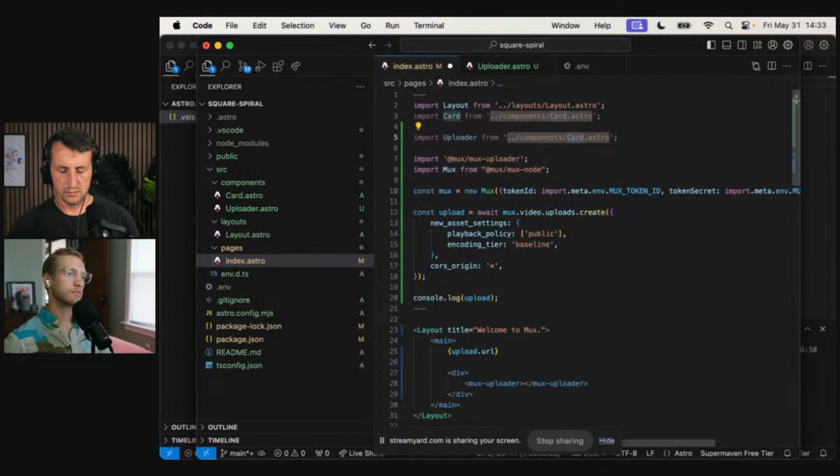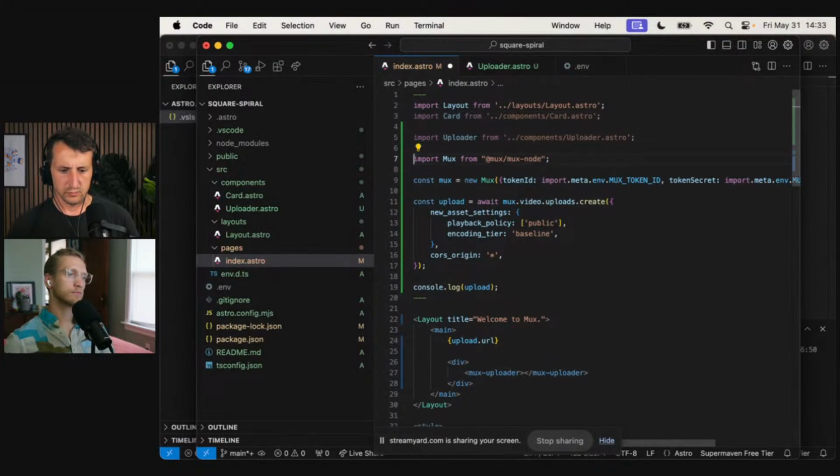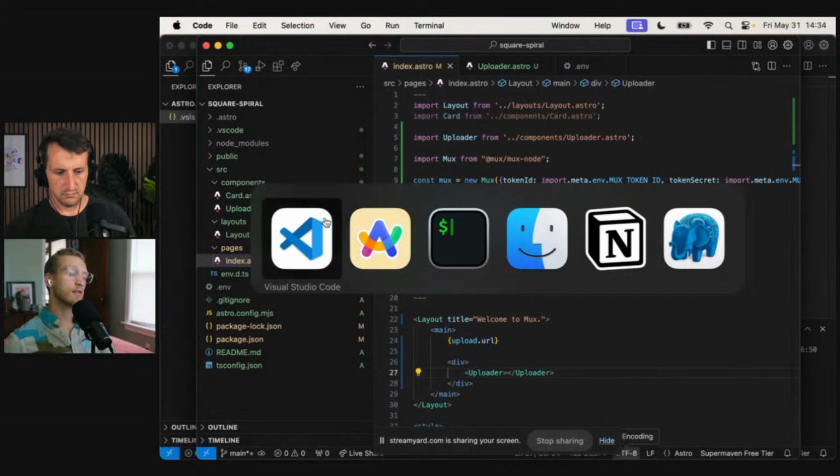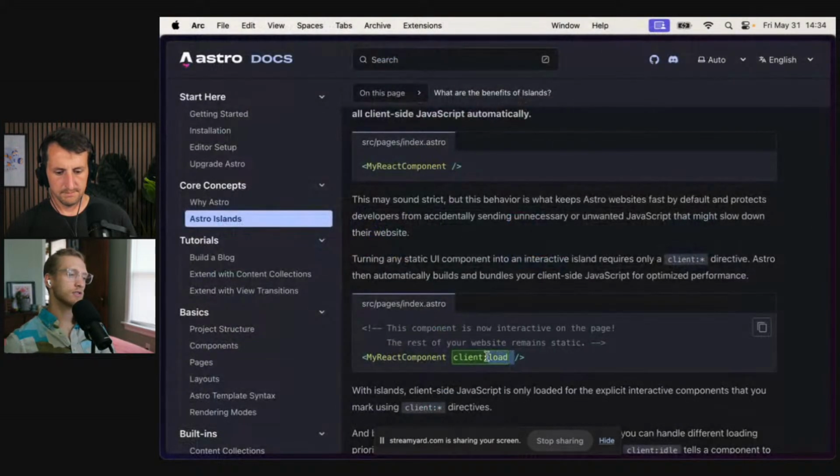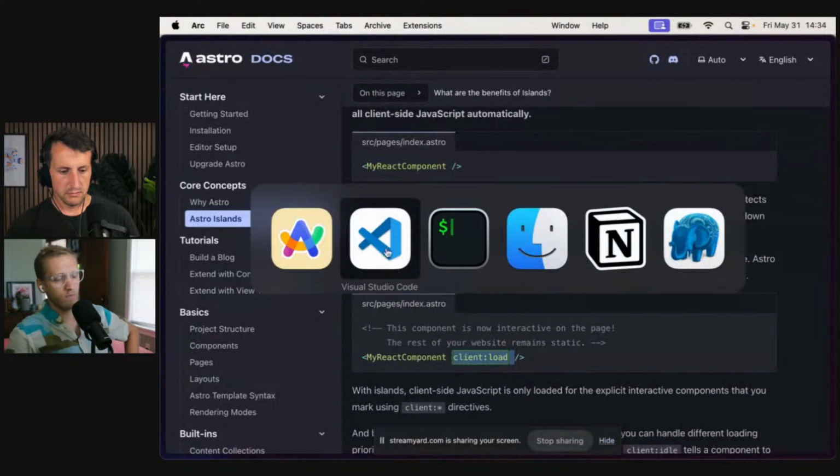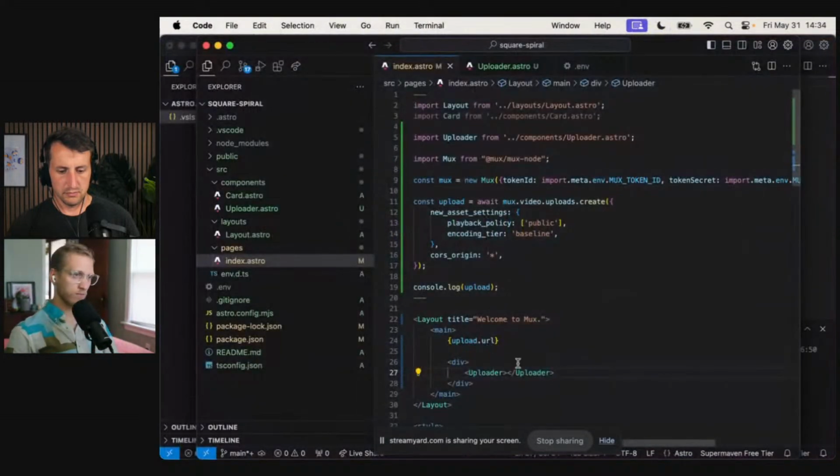Uploader. I'm going to get rid of this one, and we'll call this uploader. And then you got to send it to the client. Which is nice. Client load. All right. Here we go.